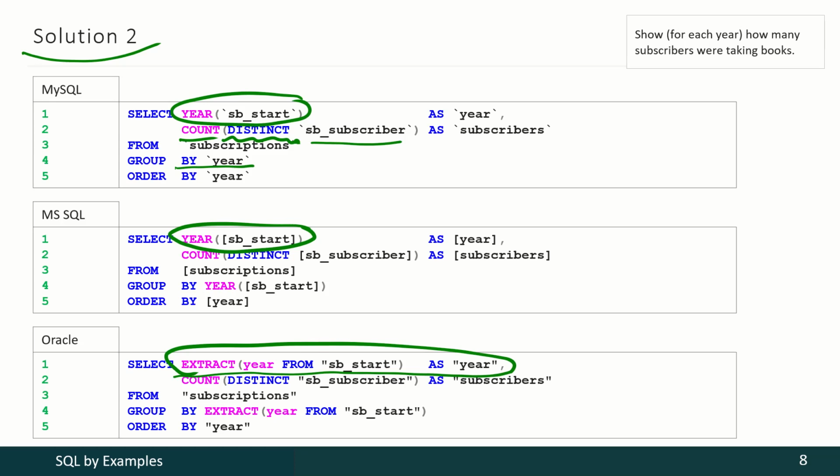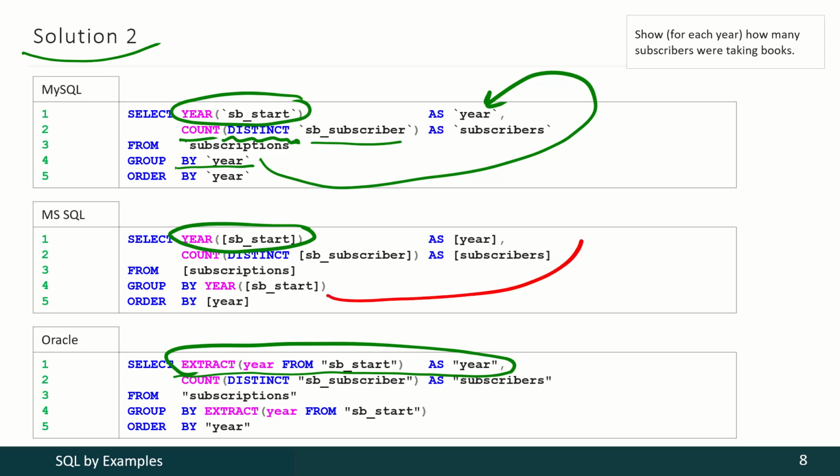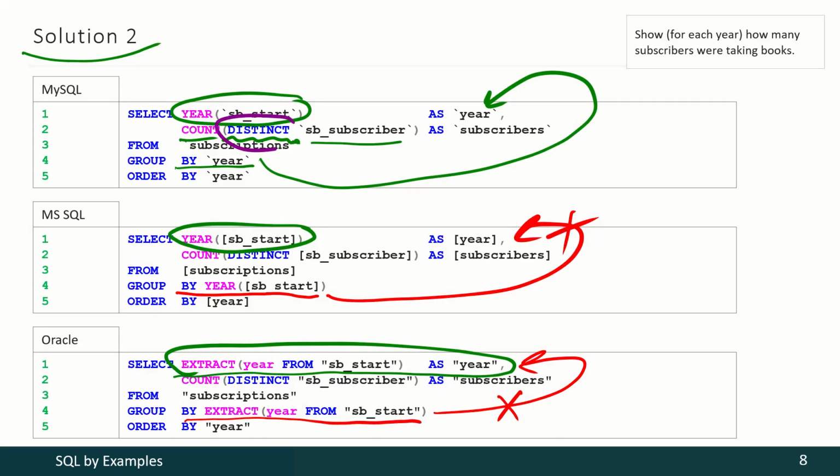Once again, in MySQL we may reference some named expression, but in Microsoft SQL Server we cannot do such a thing, so we have to repeat this expression. And in Oracle also we cannot reference named expressions, so we have to repeat this expression here once again. But the main difference between this task and the previous one is that distinct keyword.